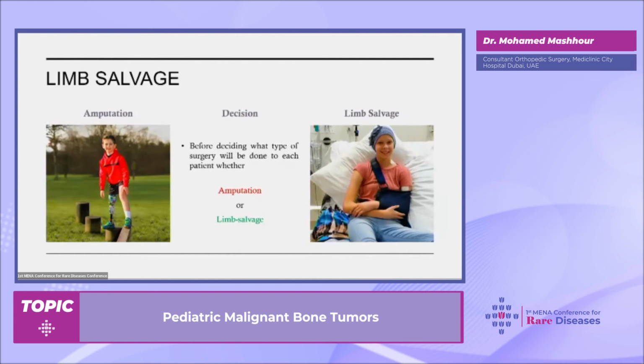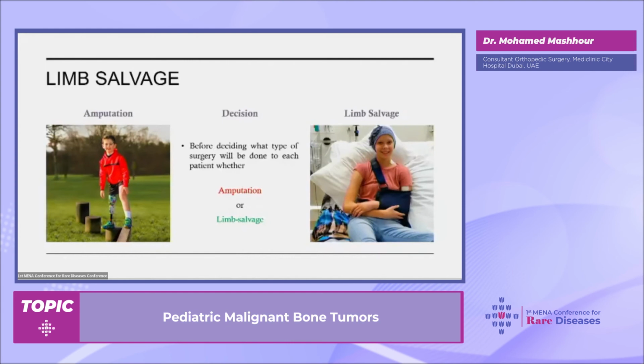Before we make a decision between amputation and limb salvage, let's agree on something. In children, the accommodation and the adaptability is super amazing. They will survive, they will do a lot, and they will have a very, very productive life. But we need to consider a lot of things, especially in limb salvage at a very young age: limb length discrepancy.